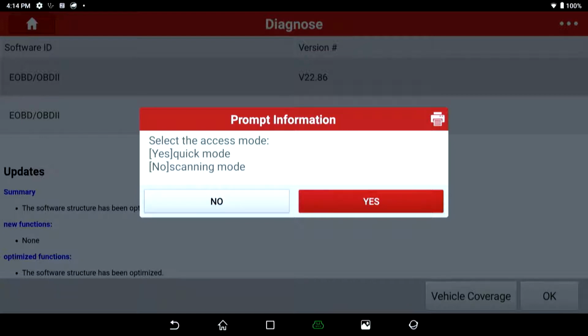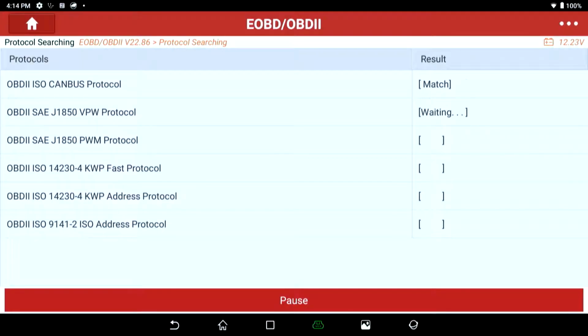So it's going to come up and ask me, do I want to select the access mode? Yes for quick mode, no for scanning mode. We're going to select no. You can select yes to save time. If I select no, it's going to go ahead and try to talk to all the different OBD2 protocols. So we see that we've got a match on the very first one, which is ISO CAN bus US protocol. It's going to go through and the other ones are all going to select failed because it can't communicate on